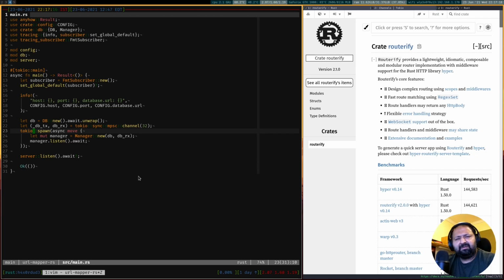In our previous episode, we started with a very basic HTTP server implementation. We utilized the library Routerify with Hyper, and we were able to create a simple web server. So today we are going to improve upon that, and we'll start looking at how we can communicate with the database manager from the server as an API, and be able to actually fetch data and do something with that data.